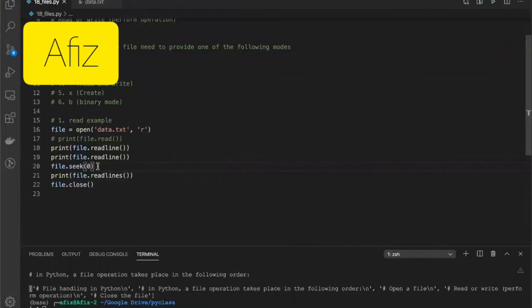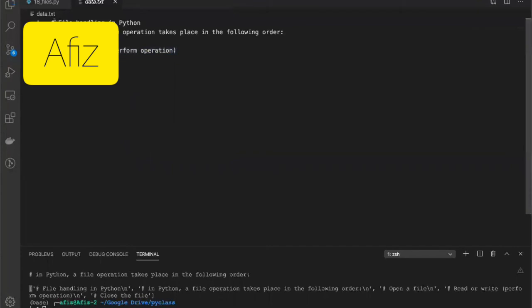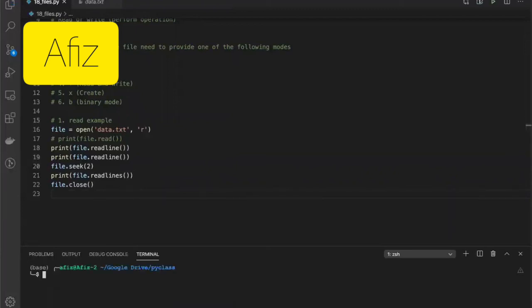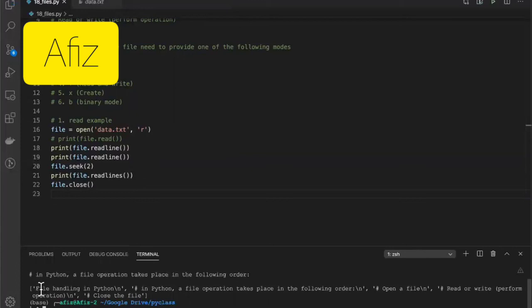This is possible because of the seek. When you operate seek 0, the file pointer will be pointing to the 0th byte location. If you mention something like 5 here, I think it will start from the 5th byte. Let's run this. See, it started from the 5. It left the first few characters.